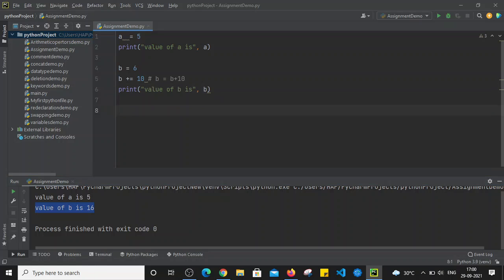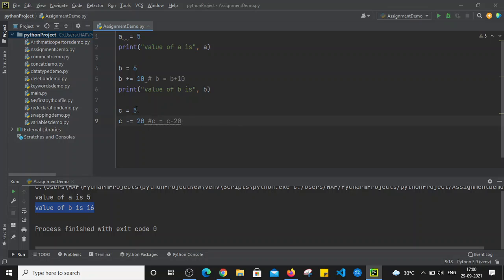Similarly, let's say I'm having one more variable. I'm going to give value as 5. Now here c variable is holding the value of 5, and I'm going to use subtract and assignment operator. Subtract and assign. So let's say c subtract, and after that equal to sign, let's say 20. So this operation is nothing but c equals to c minus 20,